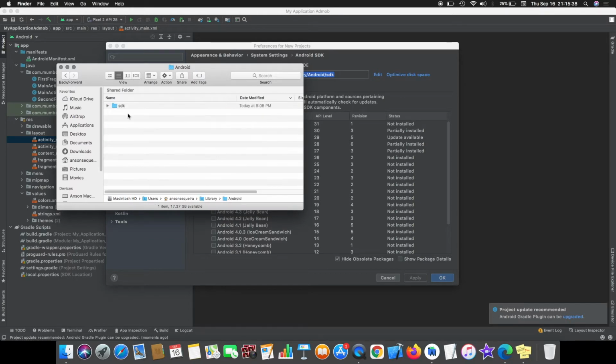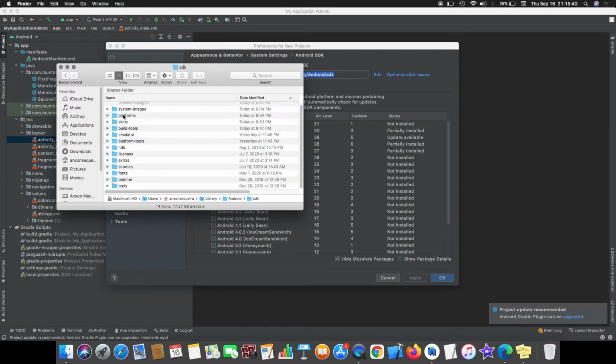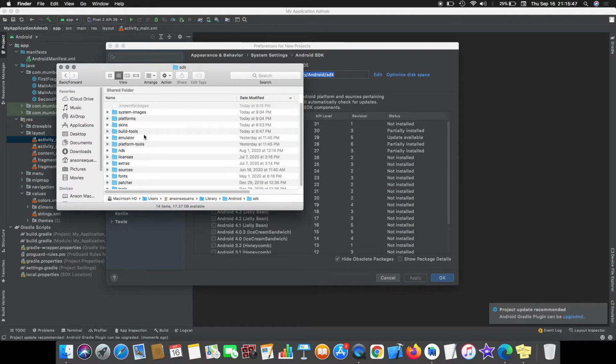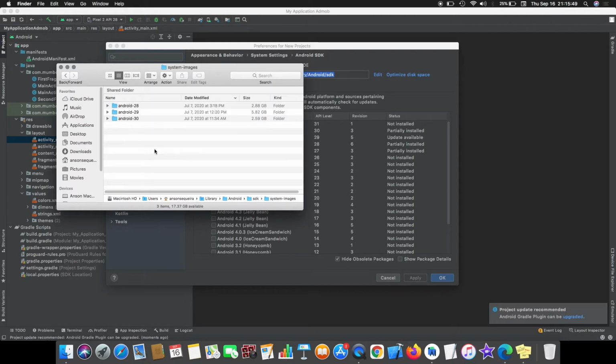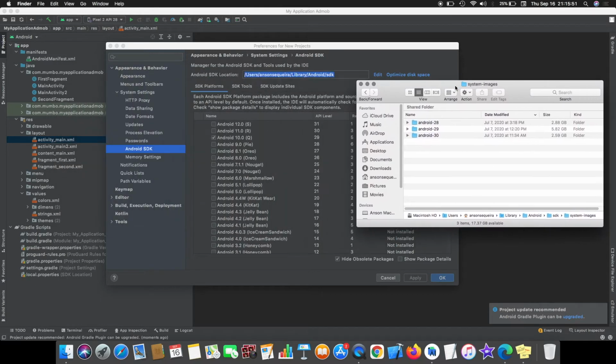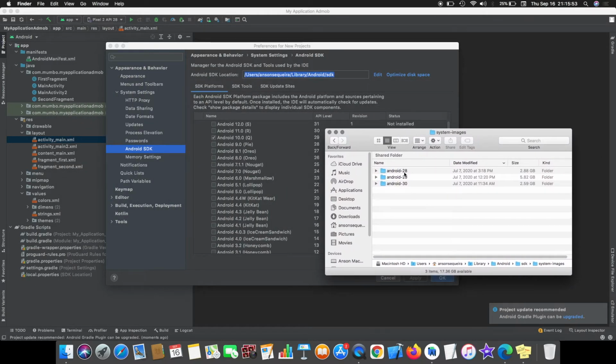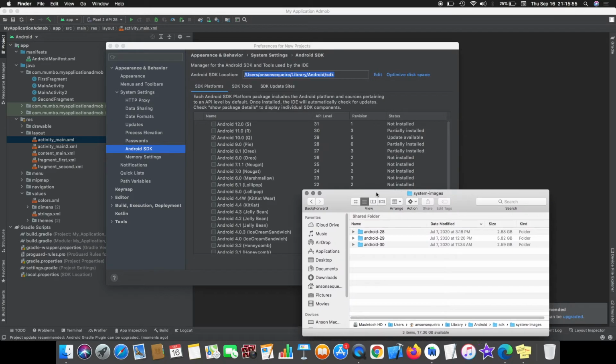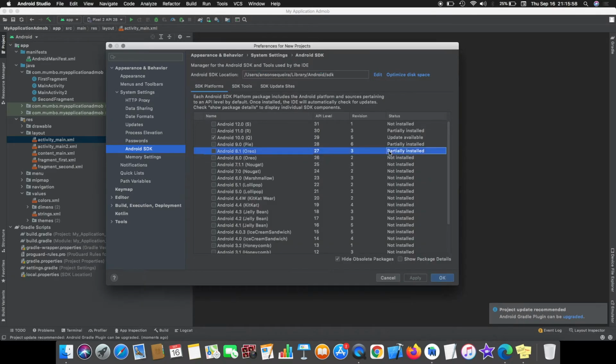So I'll go to Library, Android SDK, and then platform images, system images, sorry. You can see there are three folders which have very big size, 5 GB, 3 GB, 2 GB like this.